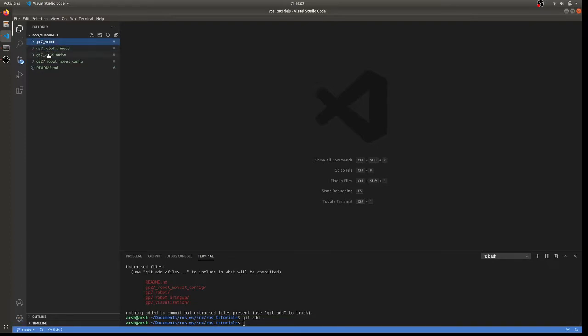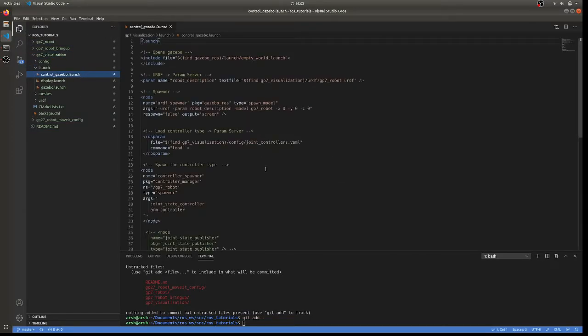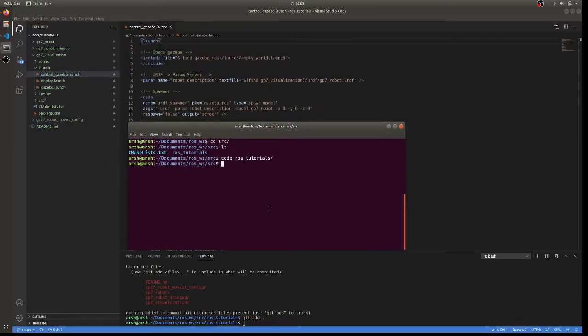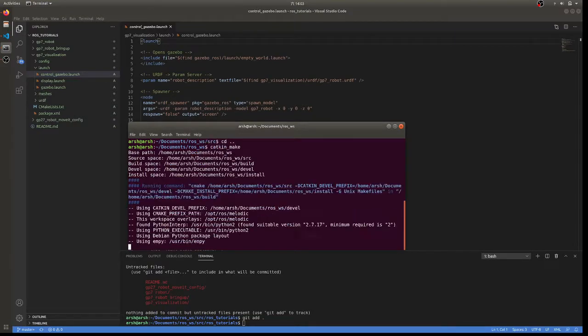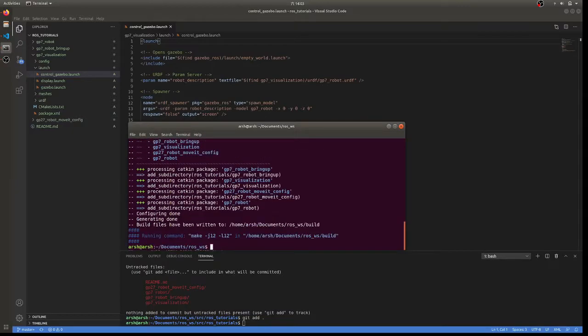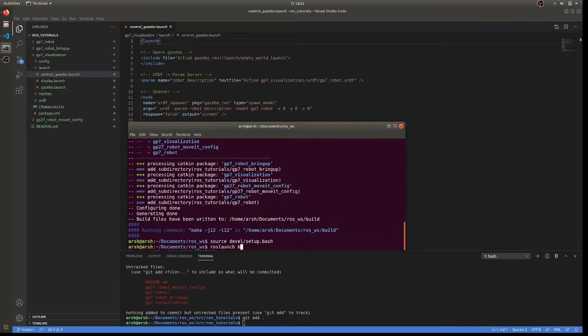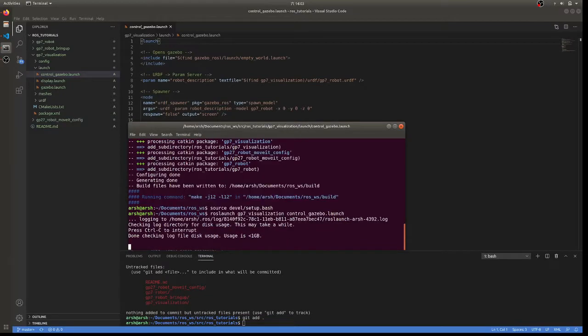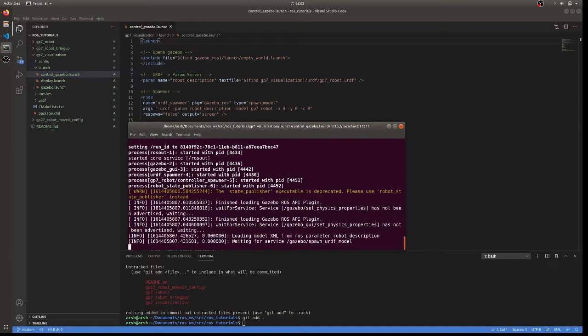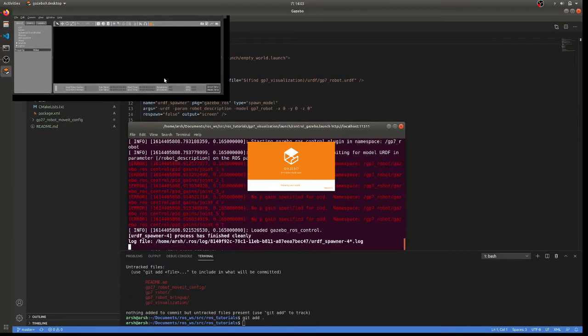Let's see. We had this visualization package. Within this we had this control gazebo launch file, and if we launch this file from ROS, we'll have to make this package from the catkin namespace, and then I'll have to source it, and then I will do GP7 visualization, and there is the control gazebo package. So if we run this package, we'll see that we have